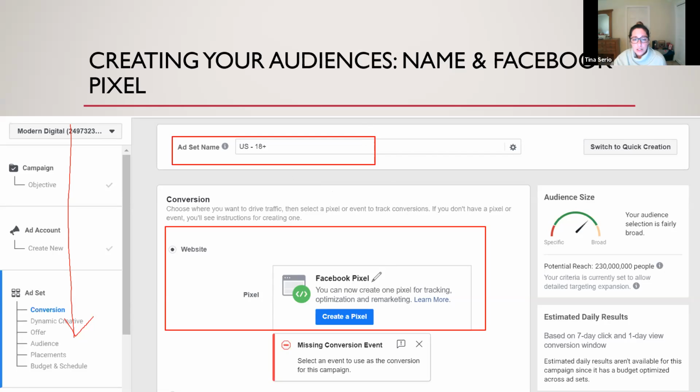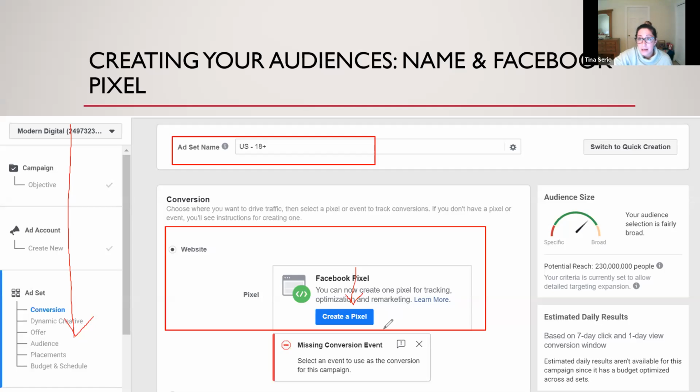The next step is implementing your Facebook pixel. If you haven't done this already, you'll see this blue button right here that'll tell you that you need to create your pixel. I'm not gonna step through the process because each of us has different roles in terms of managing our websites. If you have a web developer, then you'll want to create the pixel and select the option of sending it to your developer. If you do it yourself, you'll want to select that option and implement it yourself.